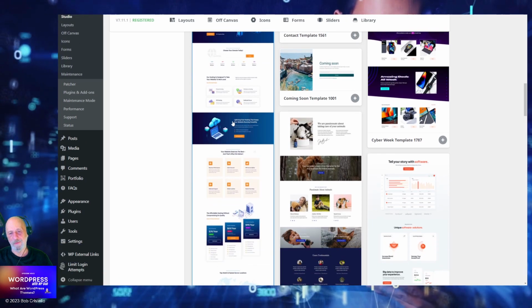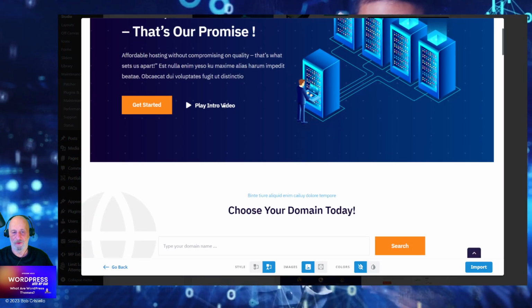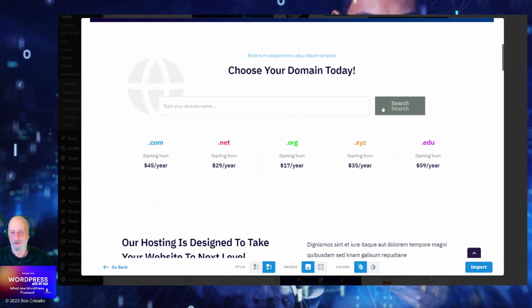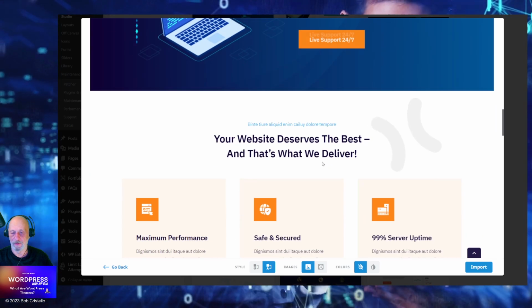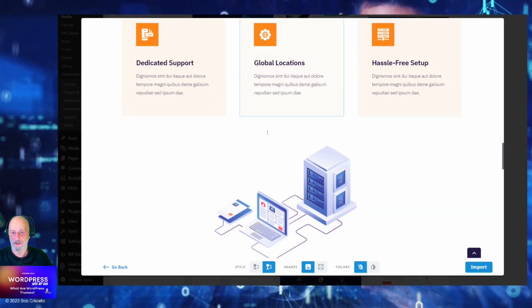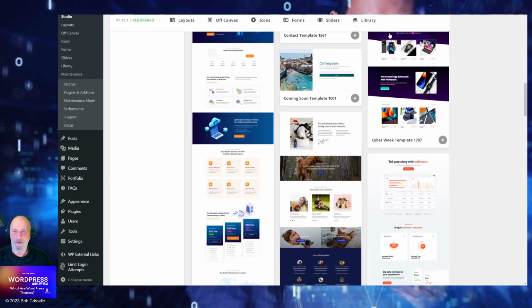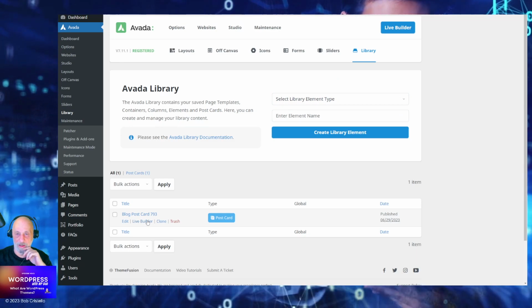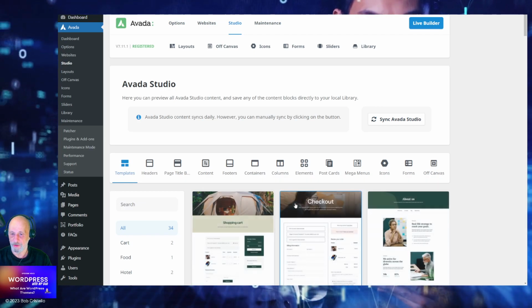But look at this. Right in the back end, they give you this studio. So let's say you're just building a website or redesigning a website. Here's a whole, like every Aveda thing that's possible is in here. It's already built you an example, and you could say, oh, I like this, I like that, I like that whole page. Let's just import it into our library. You can see I only have one item in my library right now, but you could import these things into your library from the studio, and then you have them.